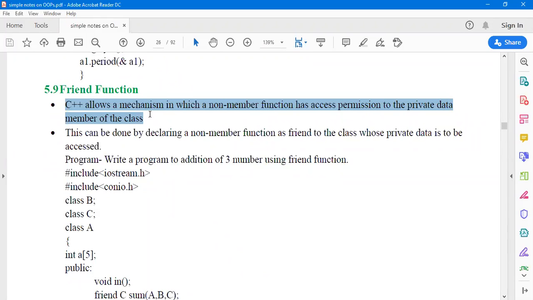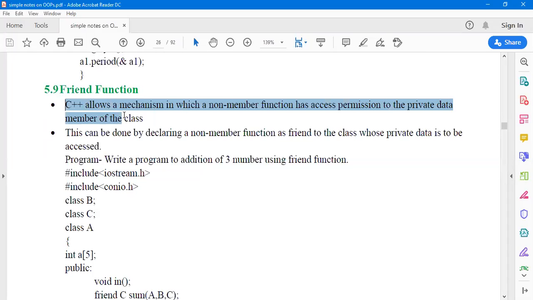So only the member functions of the same class have the authority to access the data members, whether private or public. Public means we can directly access the data members by the object of the same class. But private or public data members, or even public member functions, cannot be accessed by another class. But there is a special facility in C++ and that is called friend, the keyword friend.